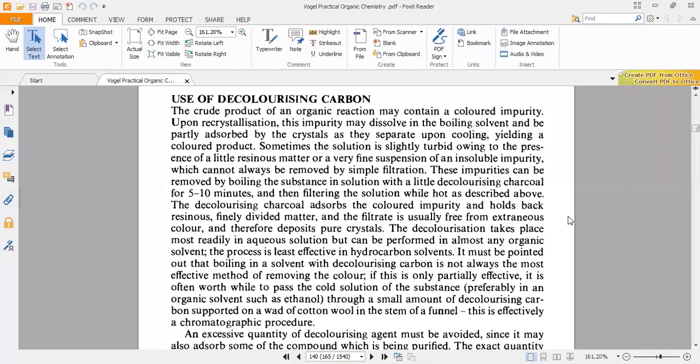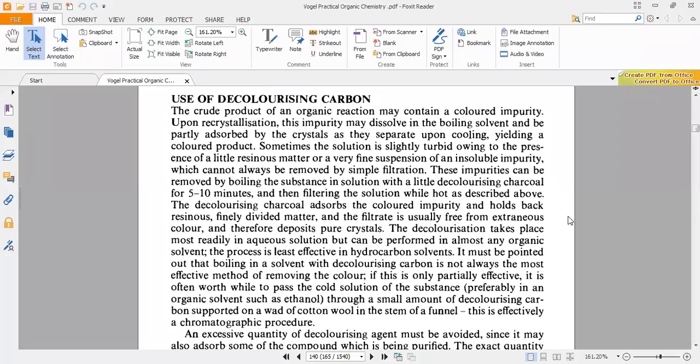It is acting as a pigment dye. Dyes have a very high interaction with the adsorbent that we normally use, activated charcoal. So it adsorbs on the surface of charcoal. Once it adsorbs and when we filter out, we get a colorless solution. This is one way of removing the impurity.